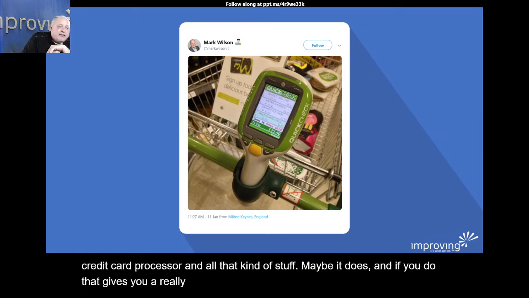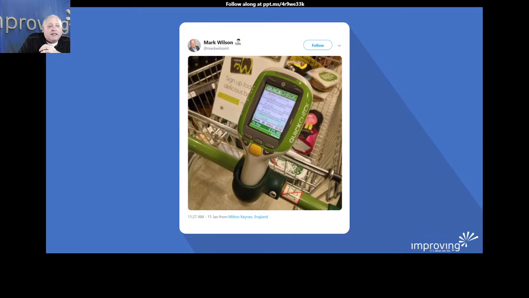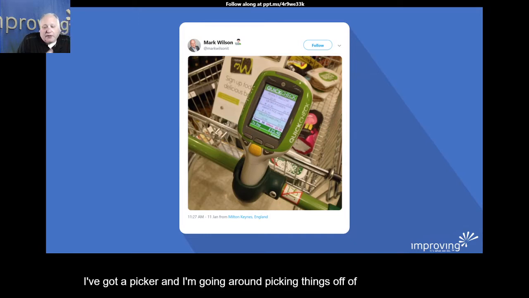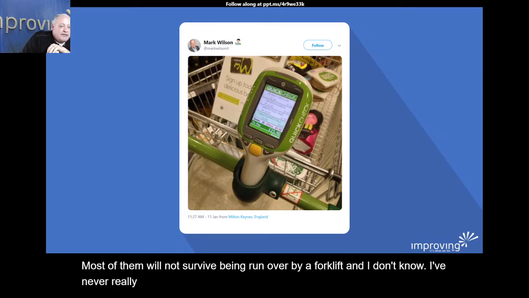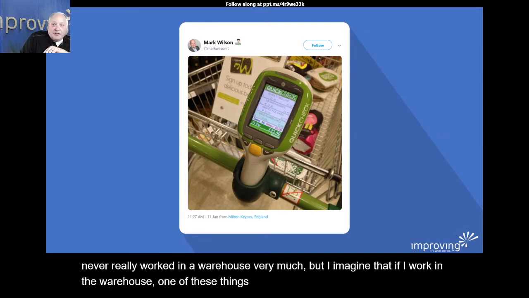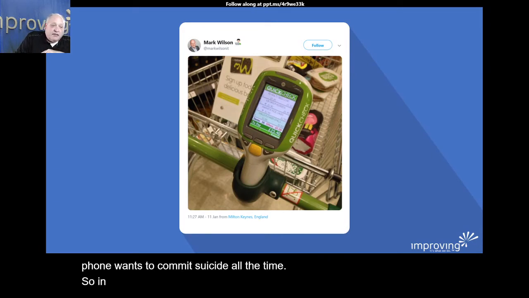But what if I'm in that warehouse situation where I've got a picker and I'm going around picking things off of shelves, and unfortunately these things, even though they've been ruggedized, most of them will not survive being run over by a forklift. I've never really worked in a warehouse very much, but I imagine that if I was working in a warehouse, one of these things wouldn't survive long for me, because my phone wants to commit suicide all the time. So in that case, I may want to do a thin client here, so that all of